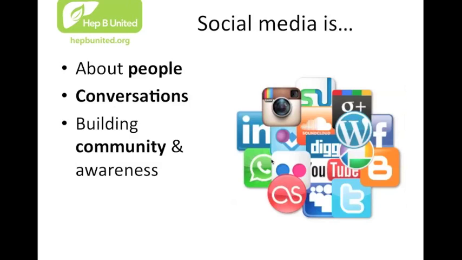Social media links groups of people together around common issues. For example, there are Facebook pages ranging from public health issues and policy advocacy to pages solely just for dog lovers or foodies. Everything you can think about, there's probably a Facebook page or other social media community out there for it. And so for your organization, having an online presence helps promote what it is that you do and